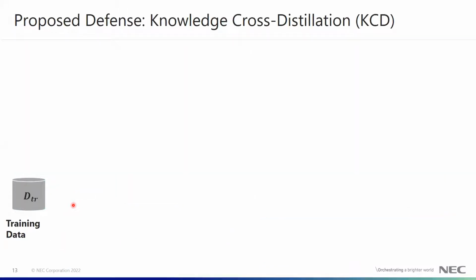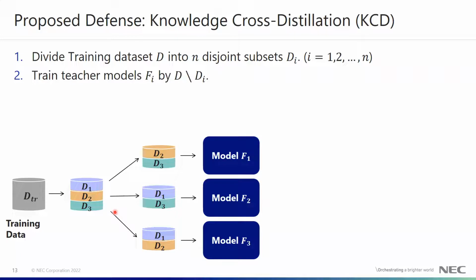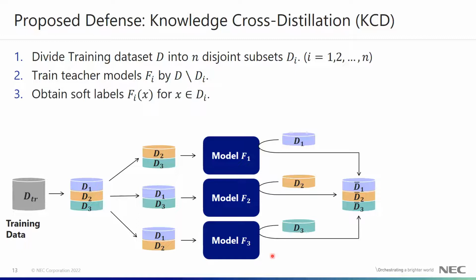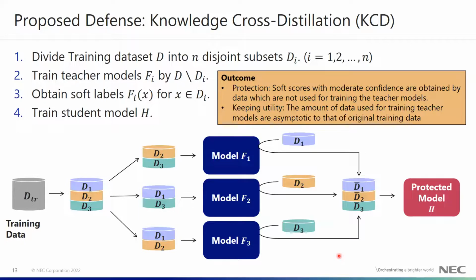Okay, combining the above two ideas, the proposed defense, knowledge cross-distillation, is stated as follows. Divide the training dataset into disjoint subsets, D_i. Train teacher models, F_i, by the complement sets of D_i. Obtain soft labels F_i(x) for x in D_i. And finally, train the student model. The resulting model is protected